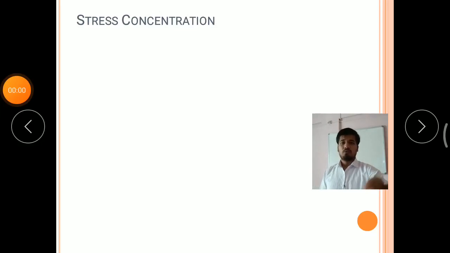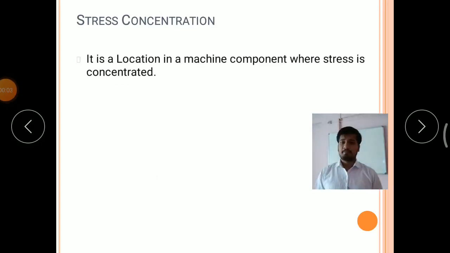Now what does stress concentration mean? It is a location in a machine component where the stress is concentrated. The stress lines are concentrated somewhere; that location of the machine or the component is called the stress